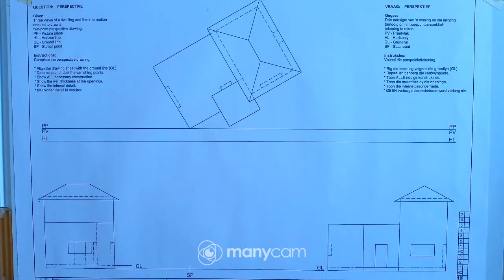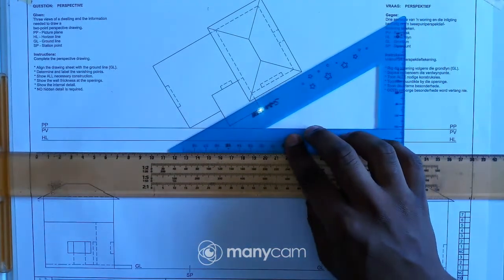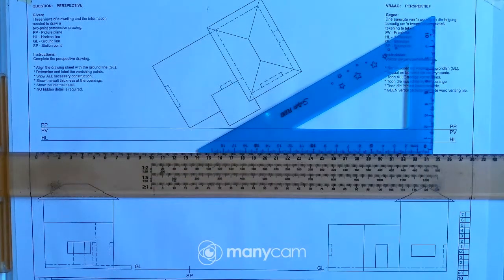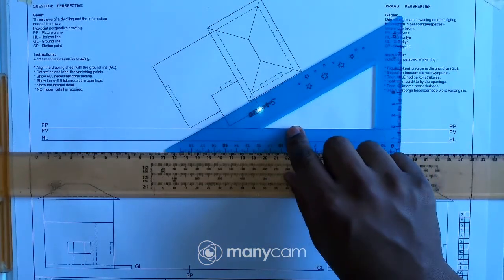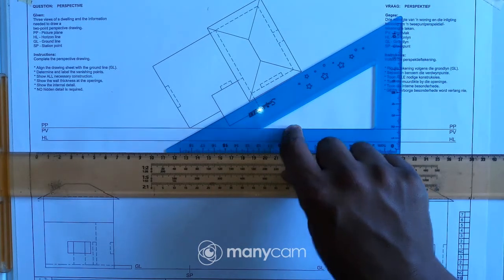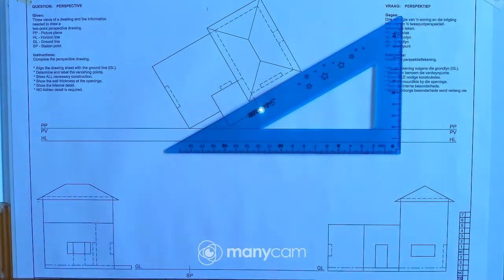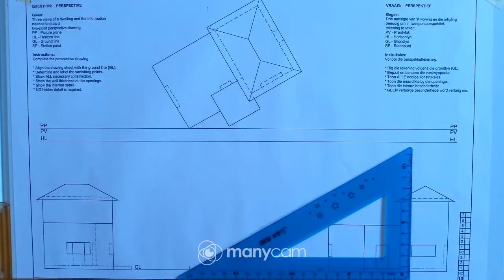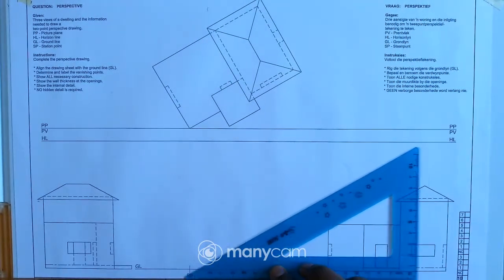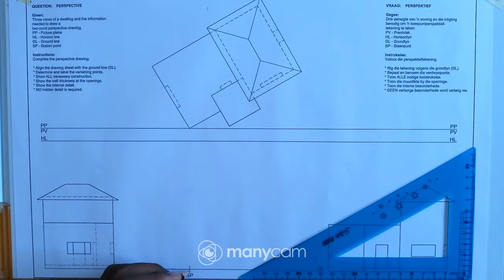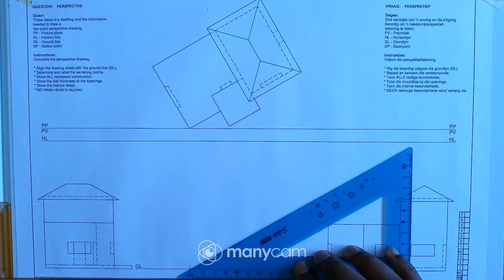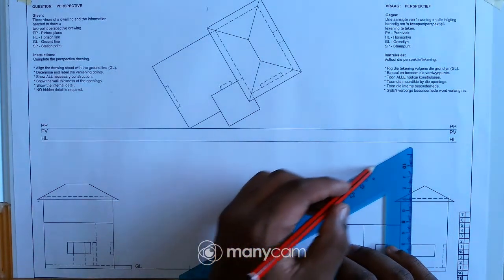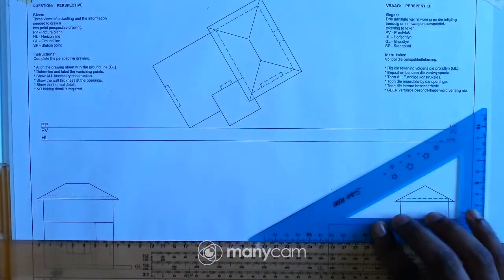So I will start by locating the right vanishing point. So obviously I'll have to check the angle from the top view there. So as you can see that this line of the building aligns with my 30-degree set square. So I'll use the 30-degree side of the set square to locate my right vanishing point. So obviously I'll have to draw a line from the station point to the picture plane. So I'll just construct that up to the picture plane,